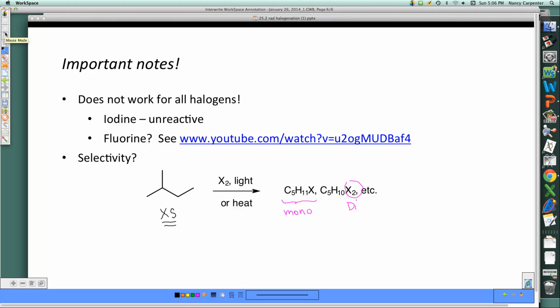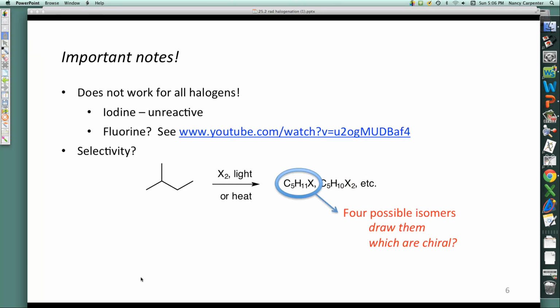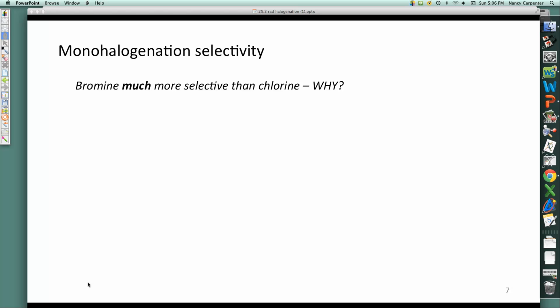But selectivity issue number two, even with the monosubstitute alkane, I could get a really messy mixture because there's 4 possible isomers. So you should think about that. What 4 isomers could be formed, and which of them are chiral? So monohalogenation selectivity actually is an interesting